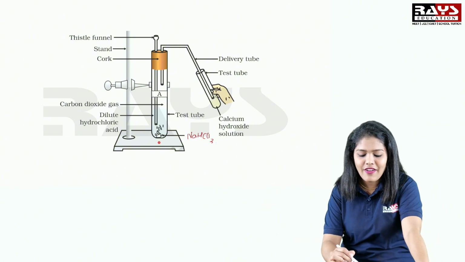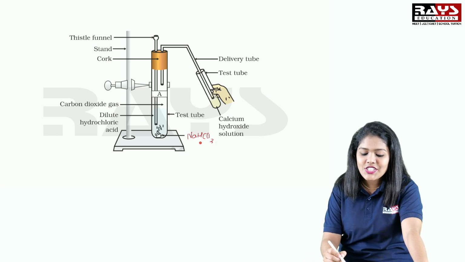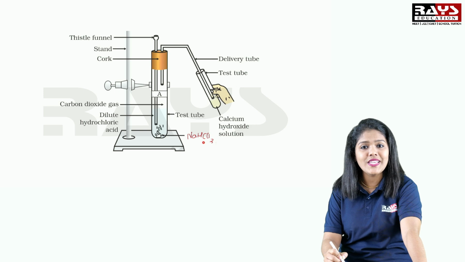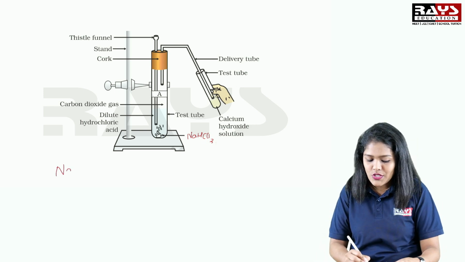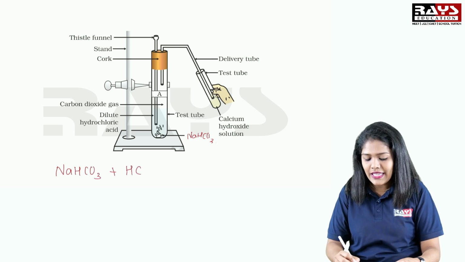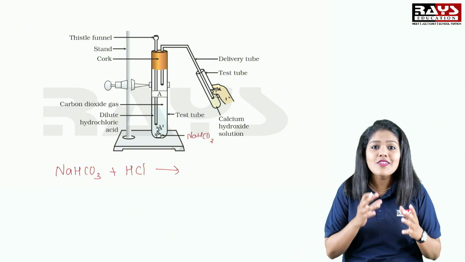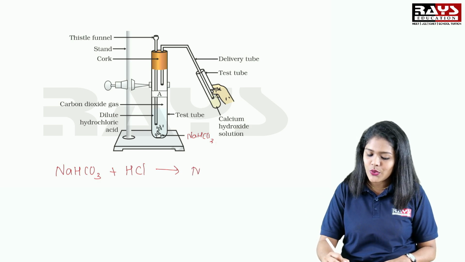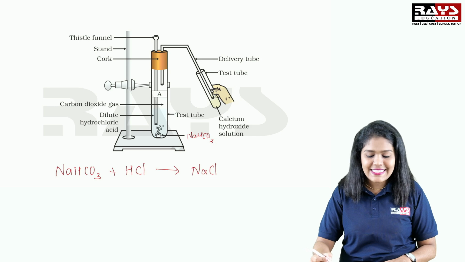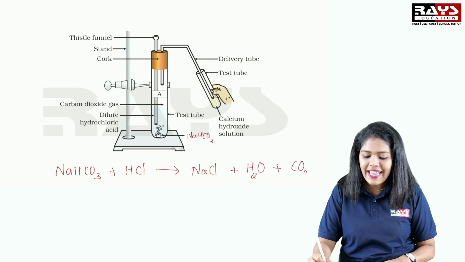So let's see, I have taken a test tube. I have taken dilute hydrochloric acid in it, and instead of sodium carbonate, I am using sodium hydrogen carbonate. Let's write the equation. I am using sodium hydrogen carbonate and dilute HCl. What will be the product formed here? Here also the products formed are salt, water molecules and carbon dioxide gas. I'm writing the salt, it is NaCl, and we are obtaining water molecules and also carbon